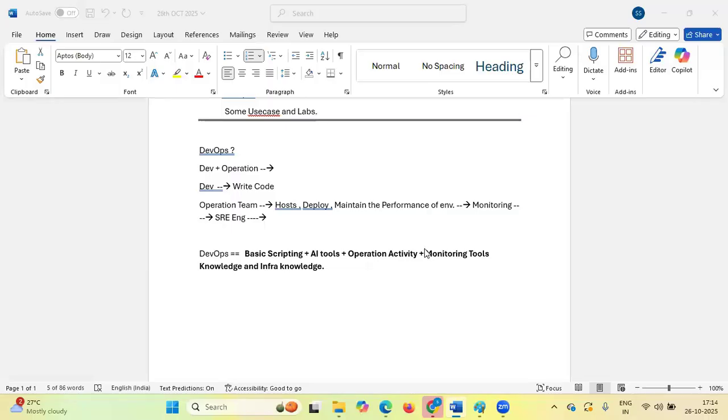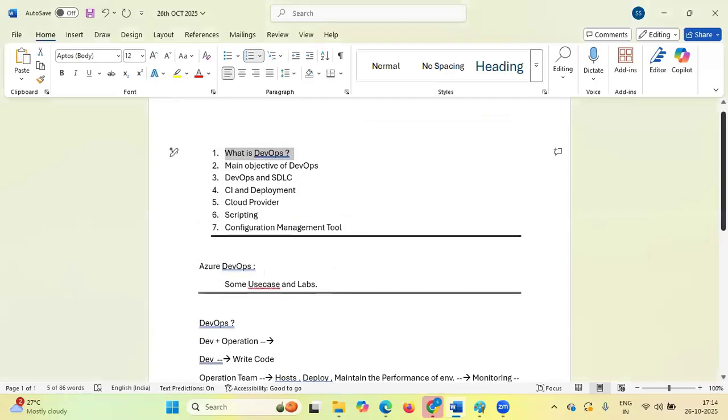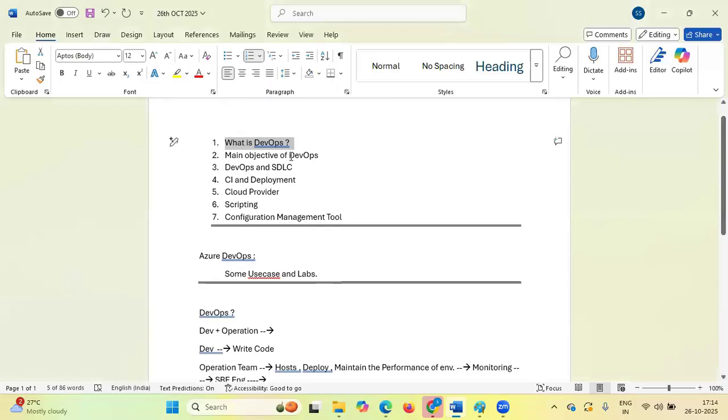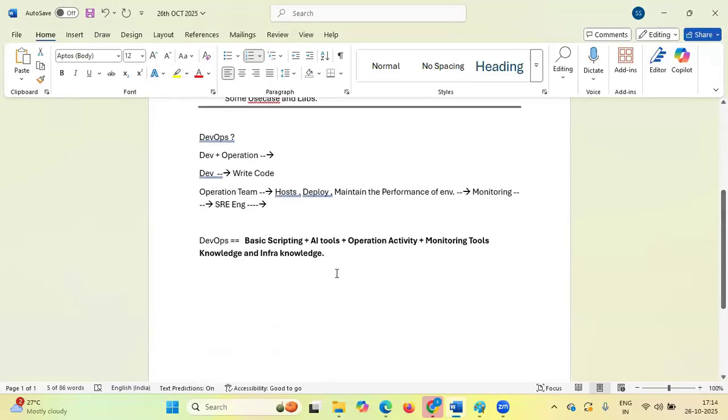Now you have understood what is DevOps. But before understanding the main objective of DevOps, nowadays there are multiple terminologies you must have heard about.